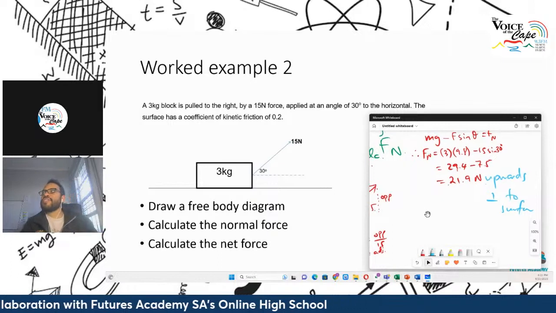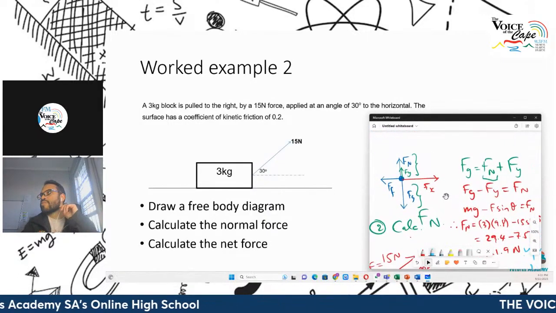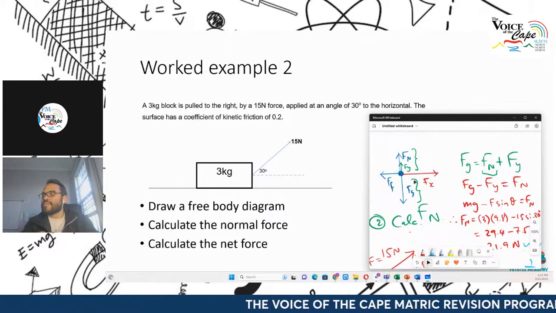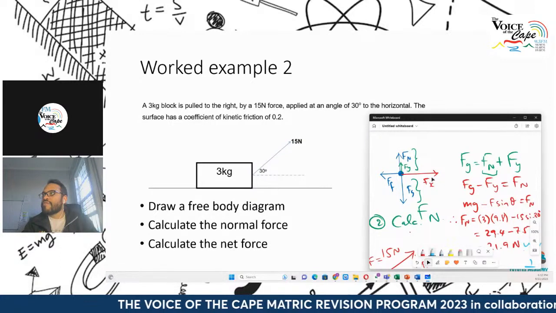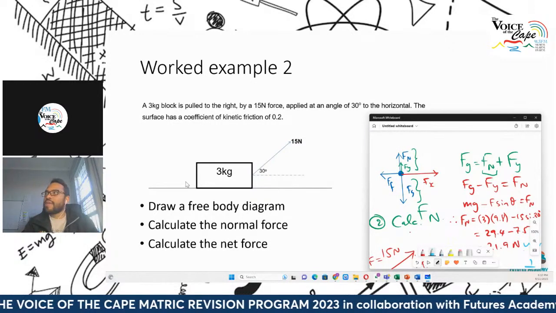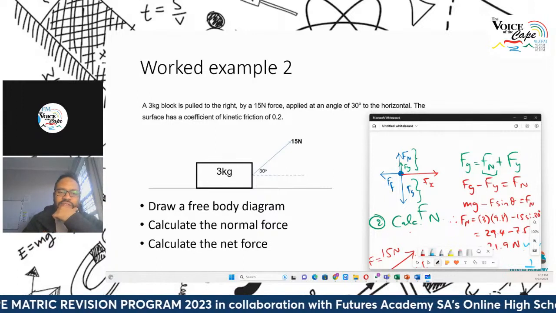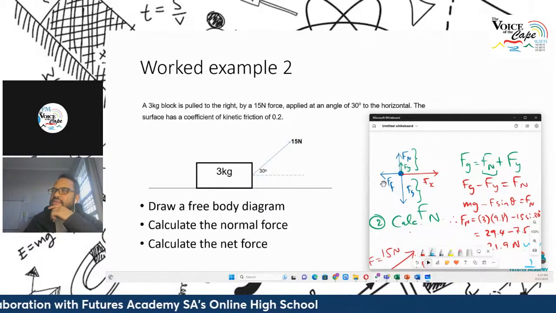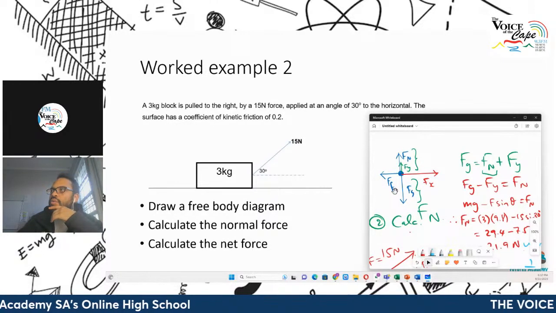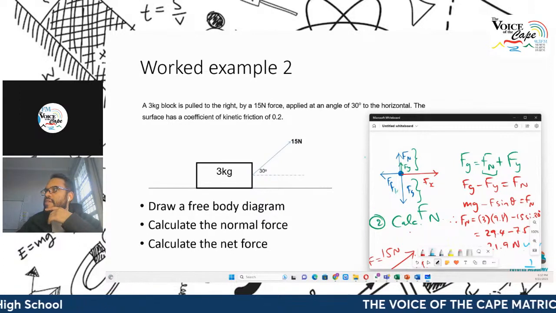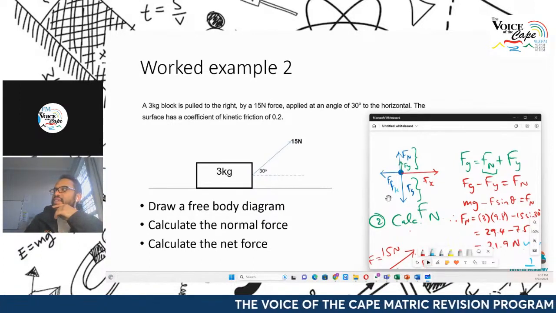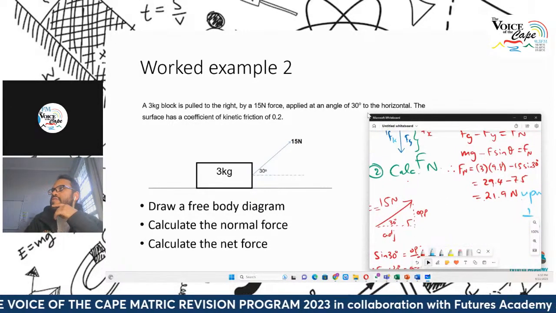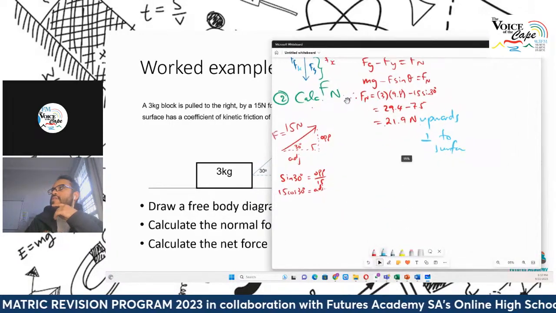Right, the last question is to calculate the net force. Now, for the net force, we noticed that there was no vertical displacement, but there is a horizontal displacement. So the net force will be the sum of the forces in the horizontal direction. There we're looking at Fx and little f of kinetic. You could make this little f with subscript k, to indicate that it's the kinetic frictional force. To calculate the net force, let me just make this bigger since we have a lot of the things that we need over here.